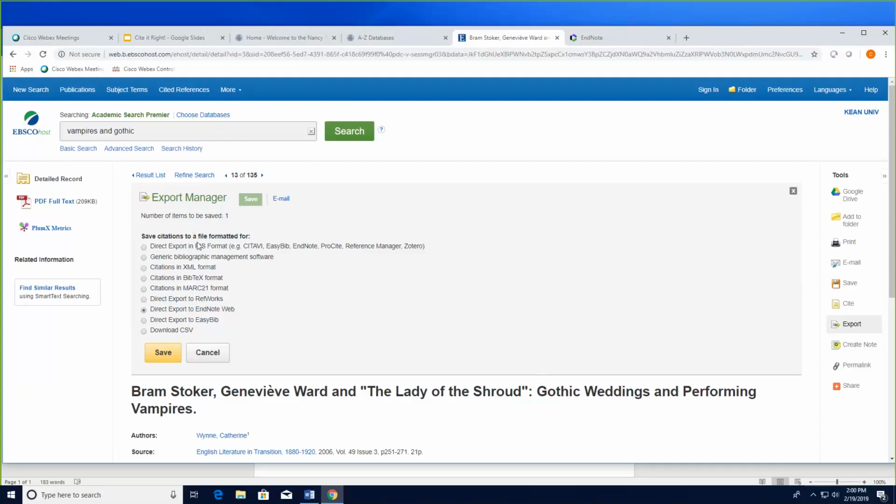And I want to let you know about that because in some of the other databases that Kane subscribes to, they don't have a direct export option. They make you save the little RIS file onto your computer, and then you can go back to EndNote and upload the file into your EndNote account. But with EBSCO, it's really simple. It's just direct export into EndNote Web. We click on Save,